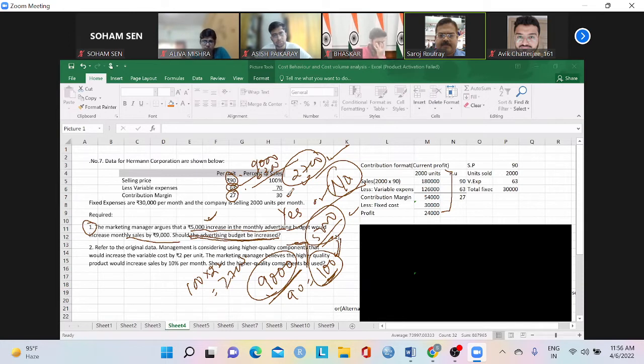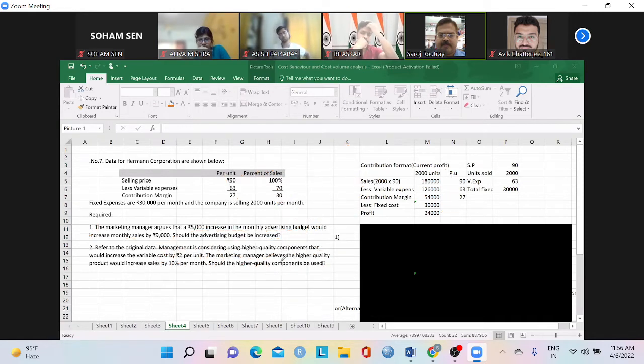There is another way. For example, my contribution margin is 30%. So if I have a sales of 9,000, 30% will be my contribution margin. So I will get 2,700 as my contribution. And 5,000 is my cost. So I'll have a loss of 2,300 if I go for this, right? That is another way. So various ways are there. You can take the decision, and there is no binding that you have to take the decision in a particular way only. Management accounting is not putting any kind of compulsion there, right? So we will see that the answer we will always see.